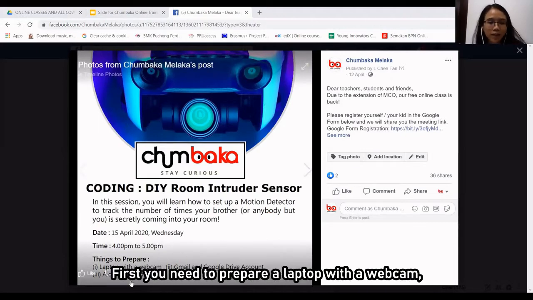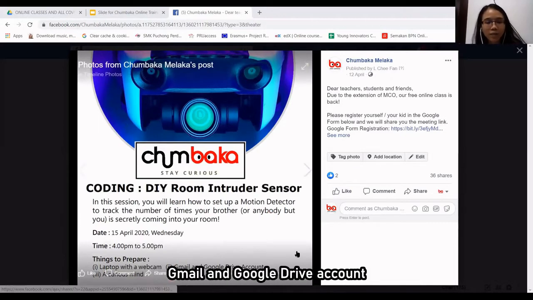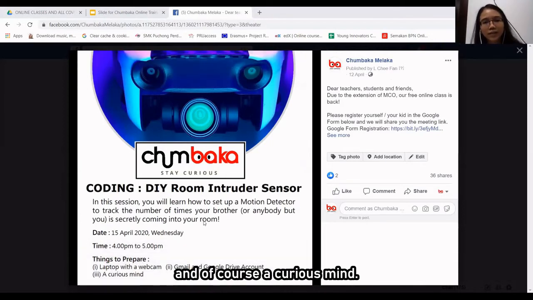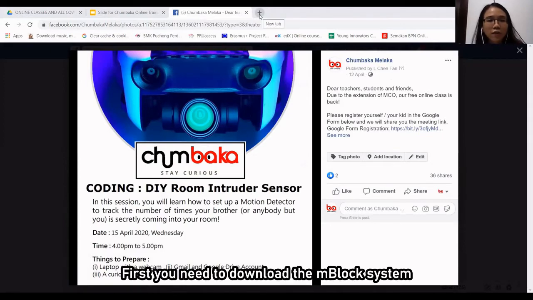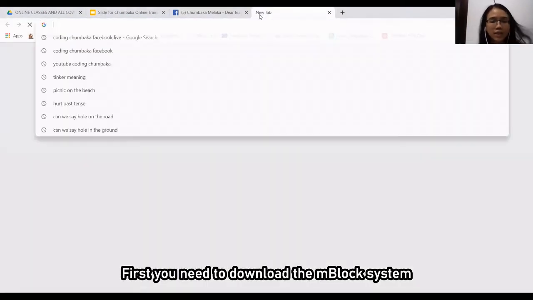First, you need to prepare a laptop with a webcam, Gmail and Google Drive account, and of course, a curious mind. Okay, let's go. First, you need to download the mBlock system at